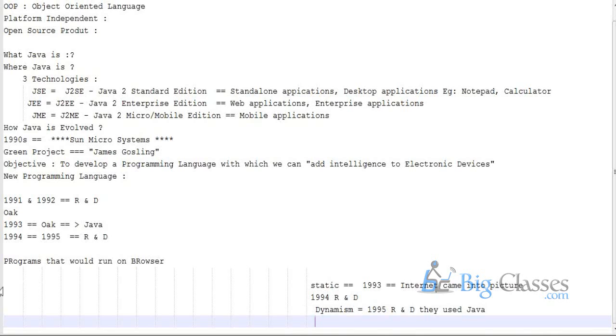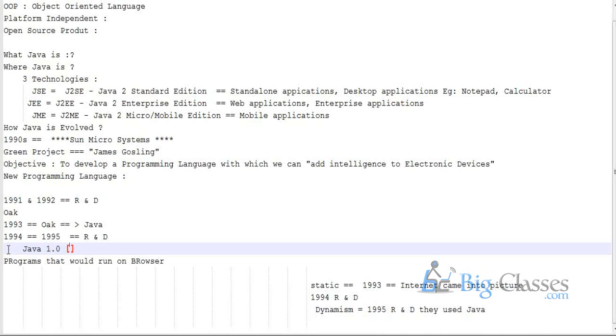So when you get back to this timeline with Sun Microsystems, in 1995 they released Java 1.0. This 1.0 version had some components in it, known as classes and interfaces. For now, I am not going to explore these classes and interfaces. You just know that there are two components which are very essential in Java. Those are classes and interfaces.